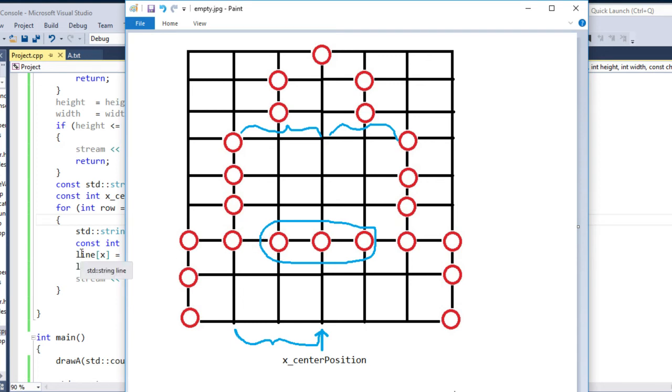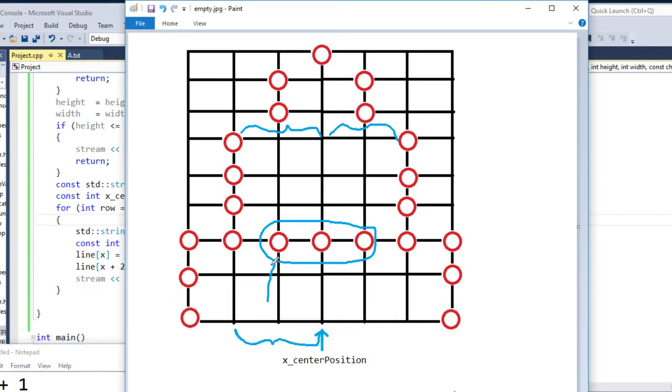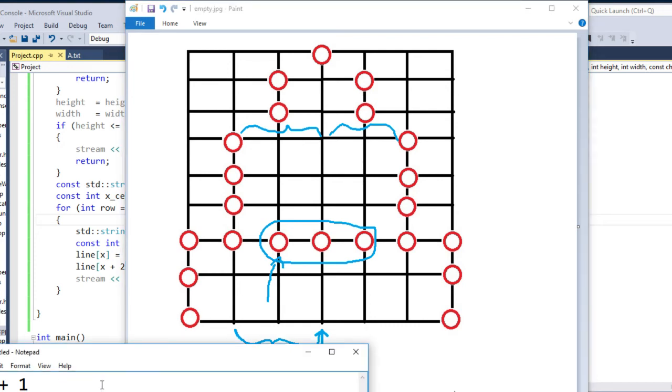Obviously we start doing that from the position which is x plus 1, because this one here is x plus 1. And then the count will be how many we need to print. So this is the first one, and how many we need to print will be